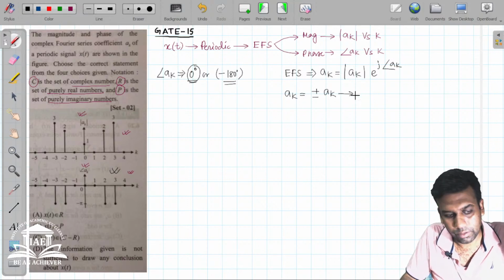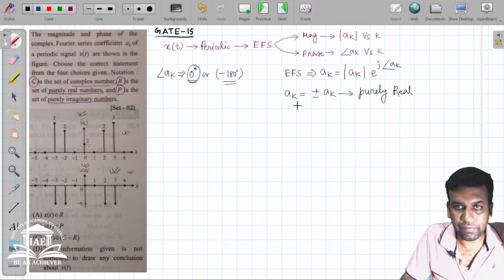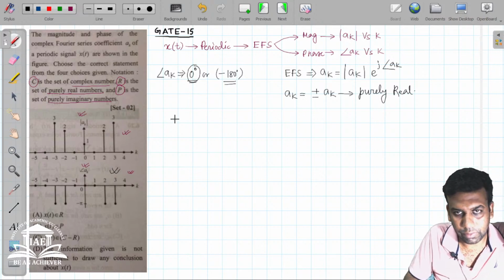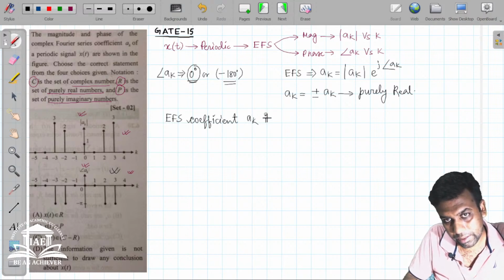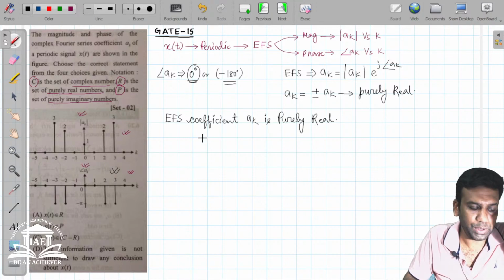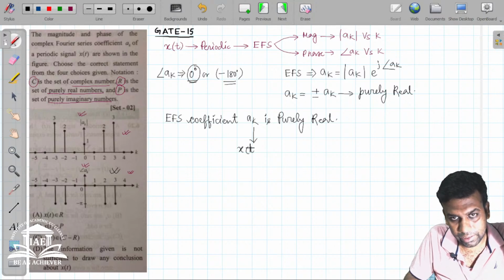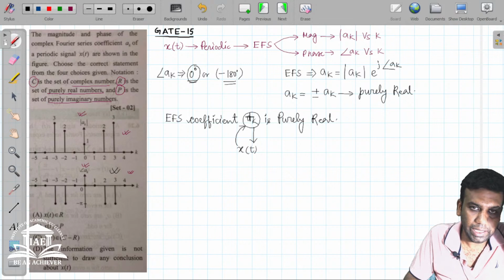So you can see that this AK value is purely real value. In this AK value there is no j term, so it is purely real. So the exponential Fourier series coefficient AK is purely real. When the coefficient is purely real, if and only if xt, that is the periodic signal, मतलब ये जो AK है, ये xt का periodic AK, the exponential Fourier series coefficient of xt, and AK is purely real,